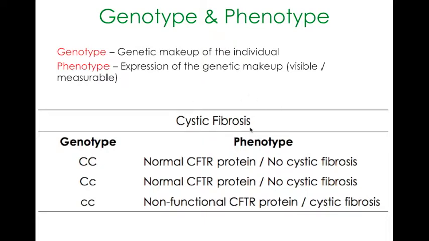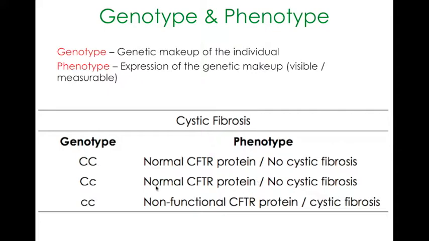Okay? The phenotypes of cystic fibrosis, there are only two. You can either have normal CFTR protein, which means no cystic fibrosis, or you can have non-functional CFTR protein, which results in cystic fibrosis. So you can see there the difference between the two. There are three genotypes for this particular trait, but there are only two phenotypes. Only two of them are actually being expressed. The reason is that the heterozygous type here, this mixture of capital C and lowercase c, still results in a